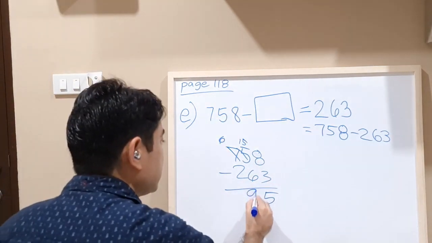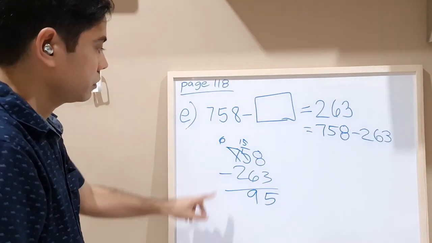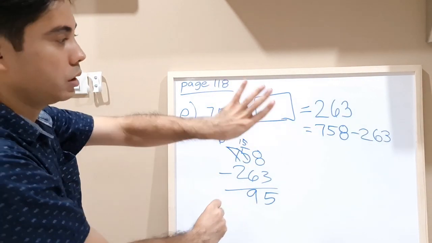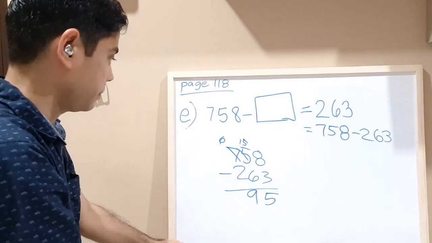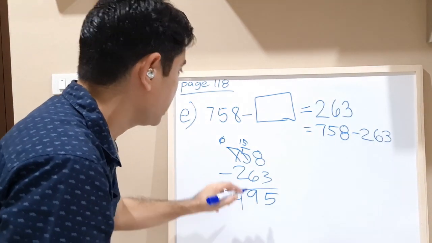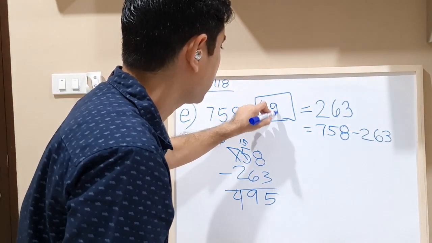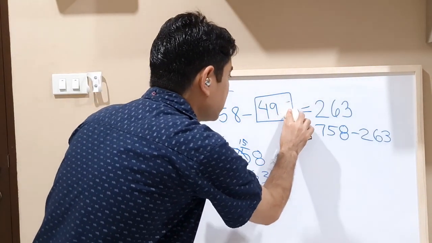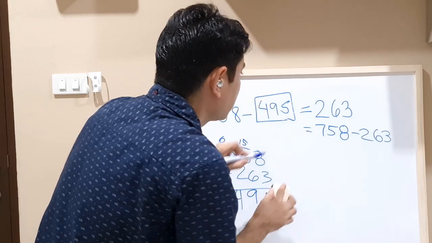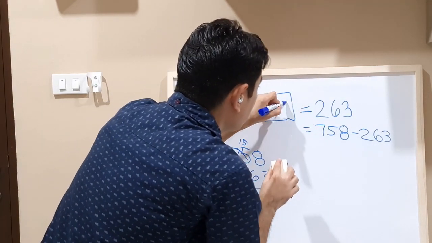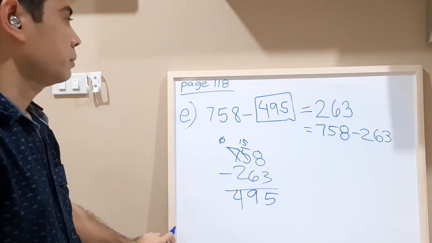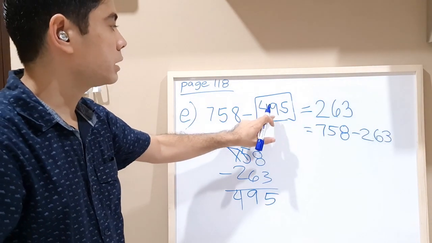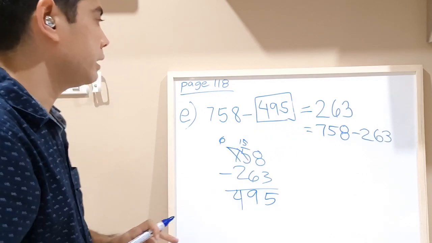So I will write it here. 9. Now 6, take away 2. 1, 2. It's 4. So the answer is 495. Oh, my 5 looks different. 5. Again. 5. Okay, so 758 minus 495, it will give you